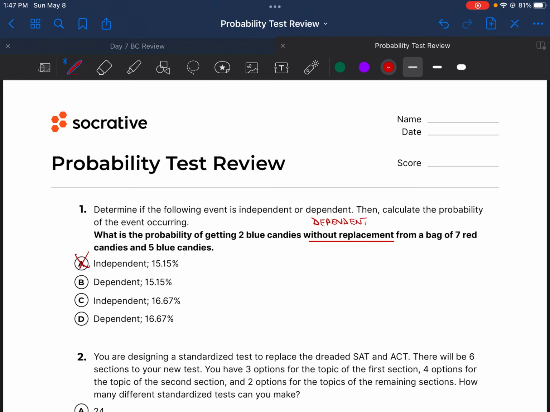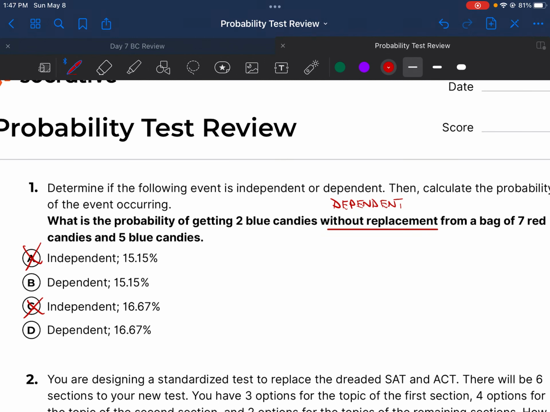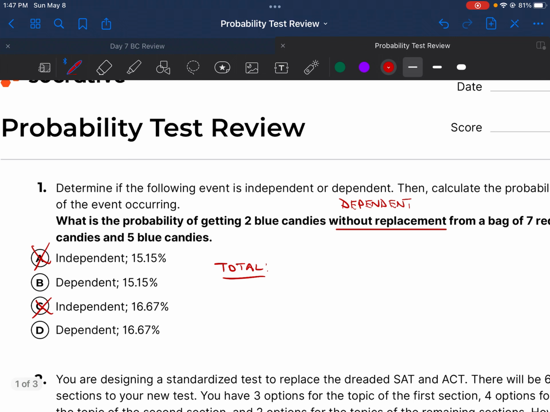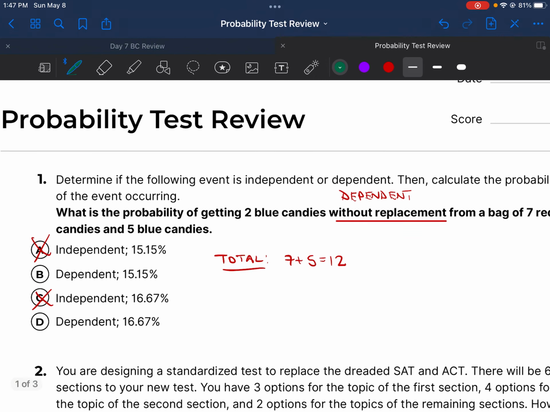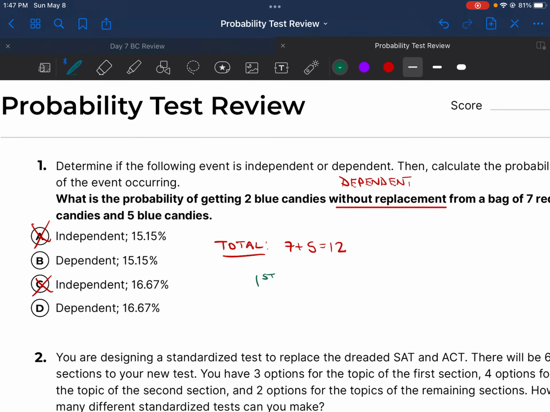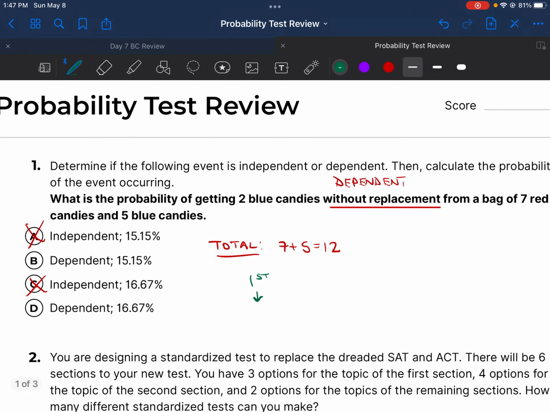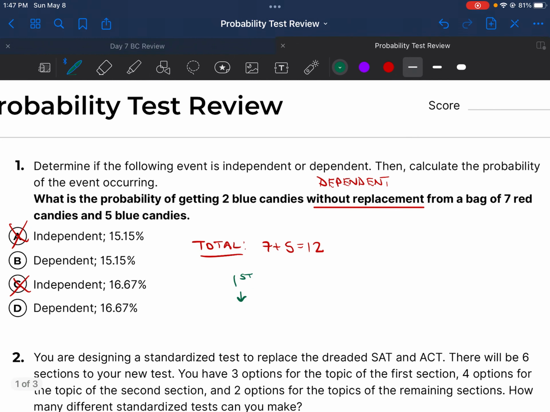Let's go ahead and get rid of answer choice A and answer choice C. Now we want to go ahead and find the probability of this event occurring. So let's figure out our total first. We have a bag of 7 red candies and 5 blue candies. 7 plus 5, our total of candies is 12 in this bag. First time we draw from the bag,